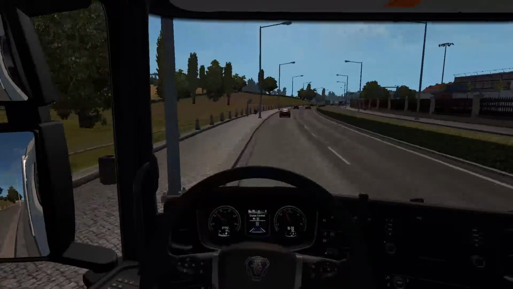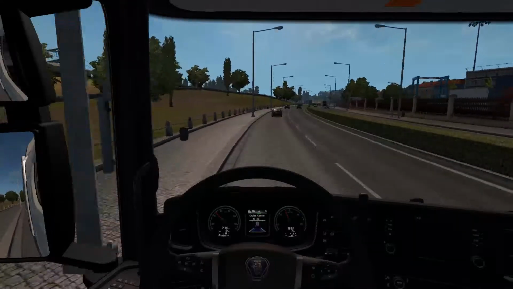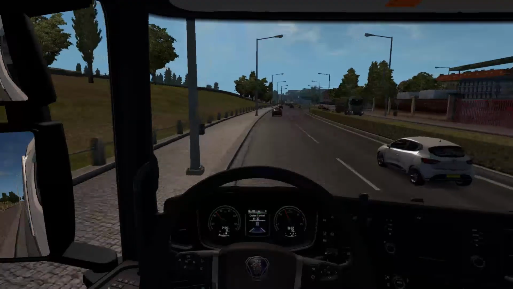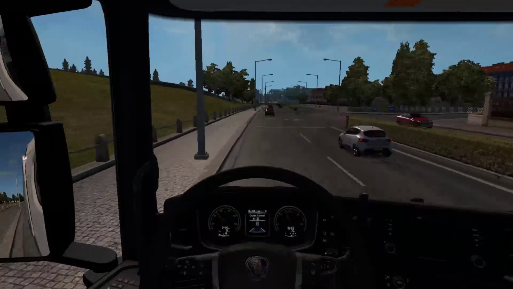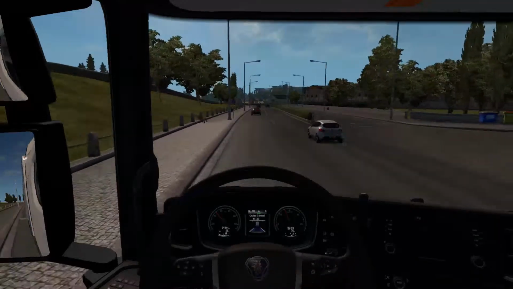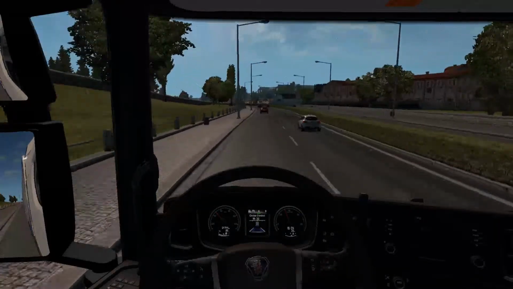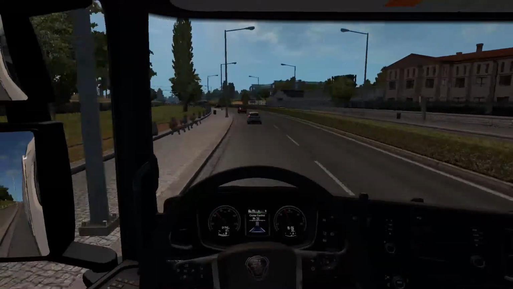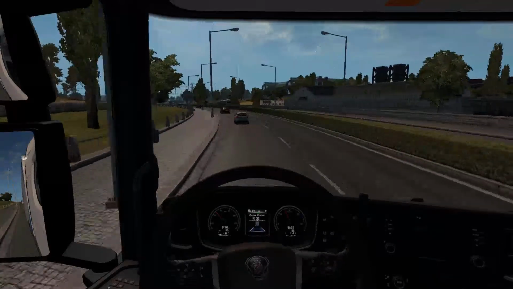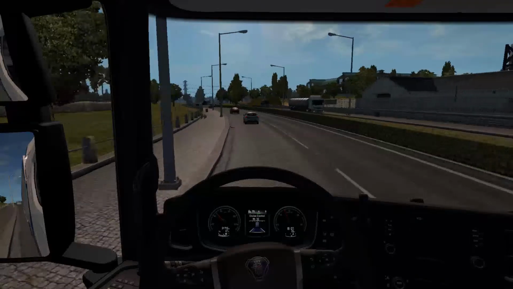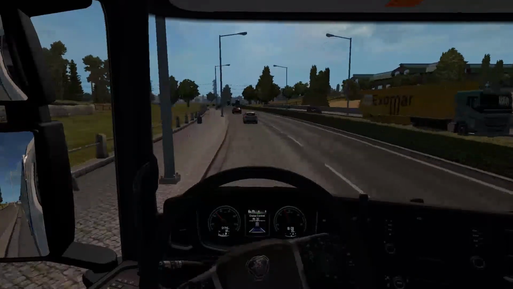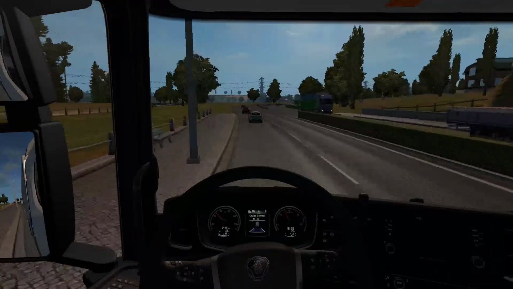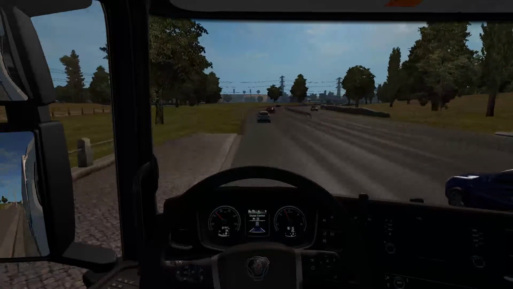I have watched a couple of trucking documentaries in real life, and truckers do seem to get quite lost in the middle of big cities, so they always use maps. But unfortunately, I don't have a paper map. I couldn't use a real life map because it's a different scale. In this game, London probably has maybe 12 or 13 streets. In real life, it has literally over 10,000, I think. I don't know the exact figure, but it's definitely more than 13. I've been on more than 13 London streets, and I don't even go to London that often. So, yeah. It's not accurate, if that's what people are wondering.